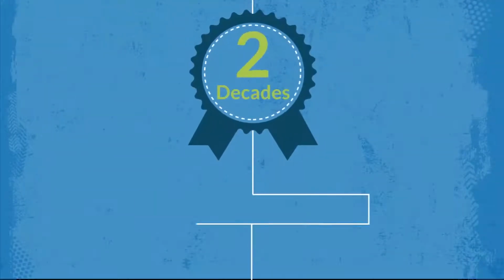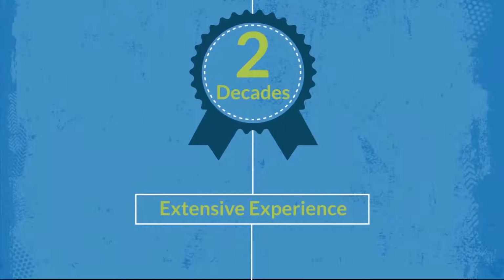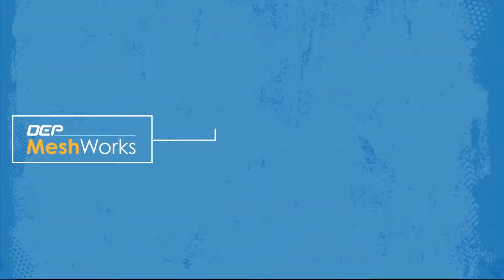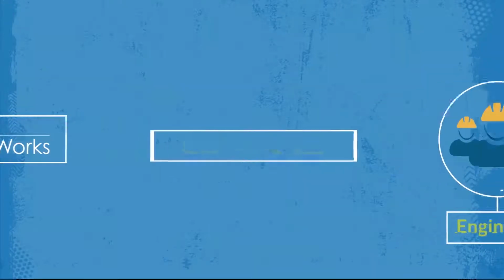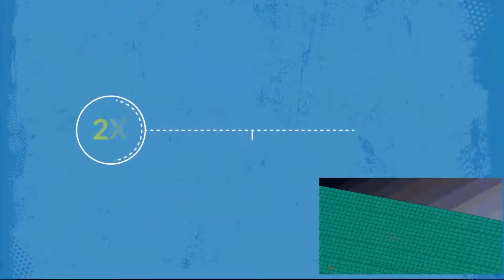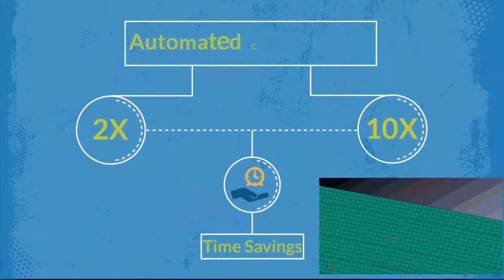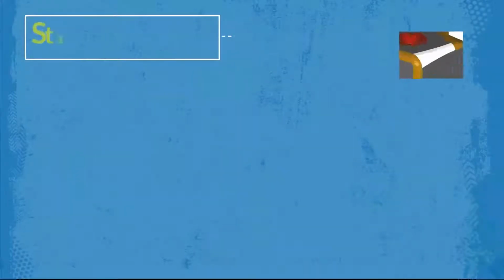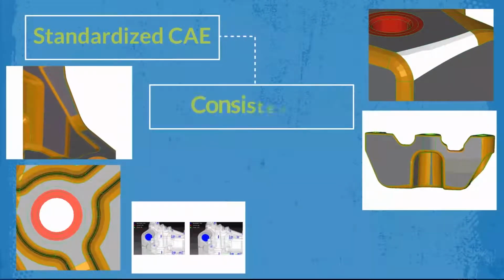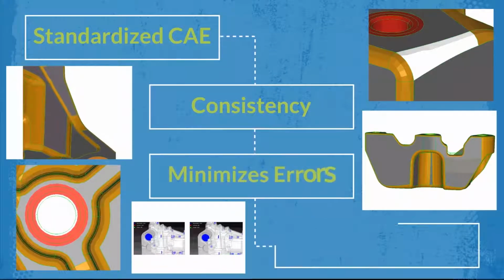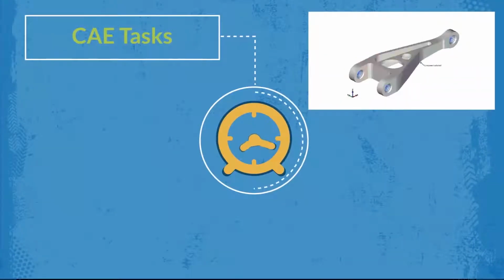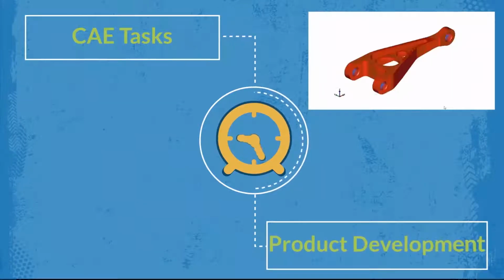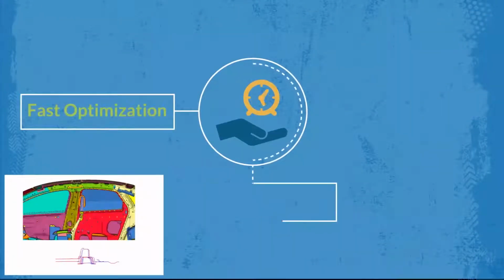With almost 2 decades of extensive domain experience globally to back us, MeshWorks is envisioned to make the power of CAE accessible to engineers by drastic modeling time reduction, 2 times to 10 times savings, with CAE process automation, standardizing CAE processes which brings consistency, minimizes errors, reduces learning curve dramatically, giving ability to run all CAE tasks, scorecard items, within a short time window that is available during product development stages, facilitating fast optimization in a practically short time